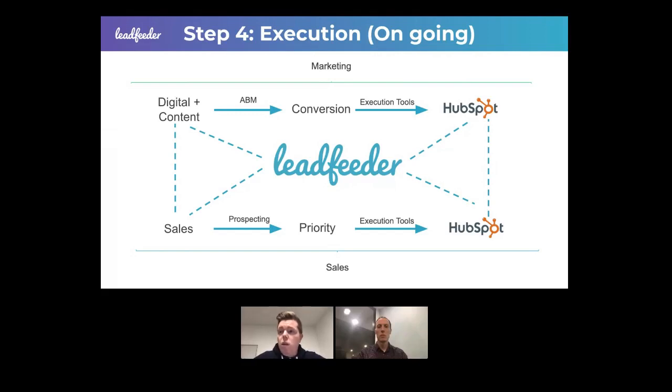So you're able to understand, okay, company A is looking at all of this specific content. At the same time, what we're able to do with that information is produce more of that type of content. So by using Leadfeeder, we're able to understand which companies from our total addressable market are actually visiting our website, right? Which content is dragging them there in the first place so that we can double down on that type